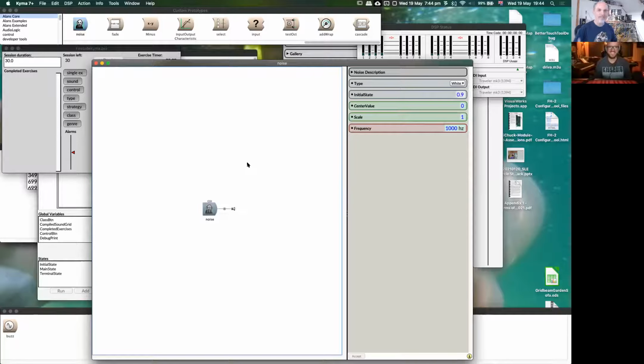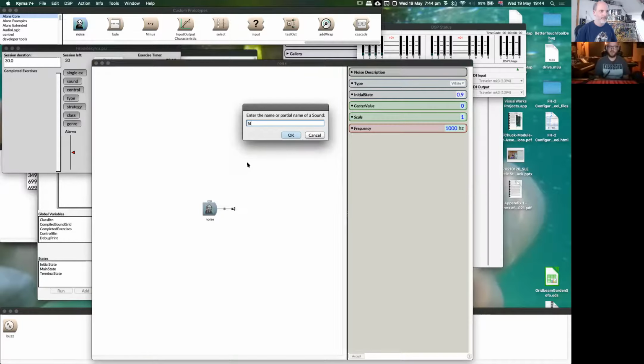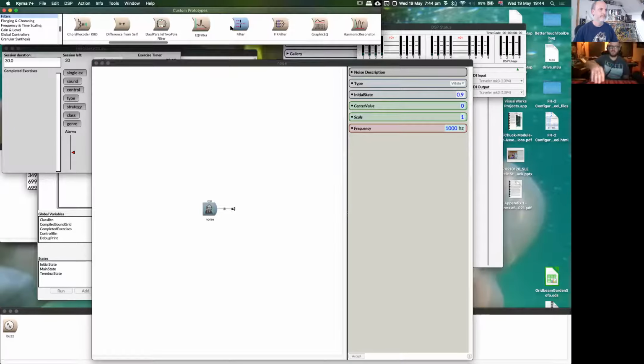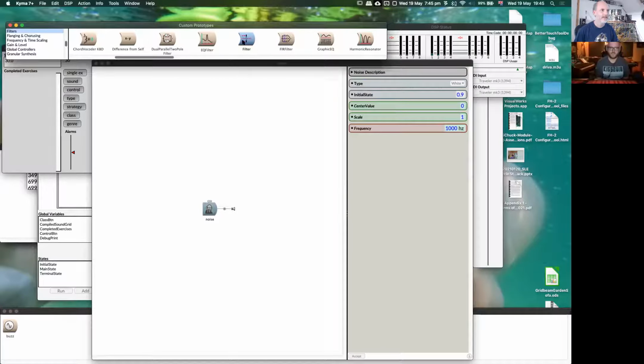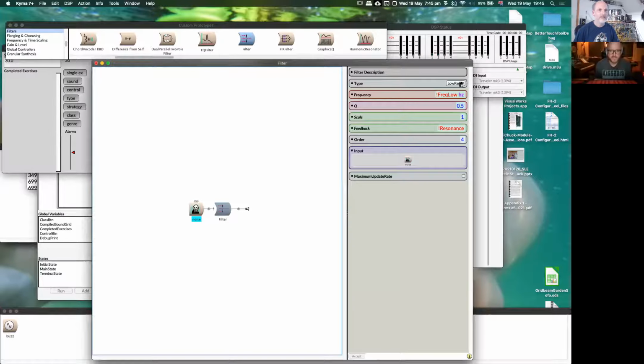So what kind of filter? I love the harmonic resonator. Can we bung one of those in? Yeah, please. We're doing a whoosh. I don't know if it's whooshy. What about an all-pass filter? Okay, so I'm thinking I kind of want to drag my fingers on the continuum here, on a keyboard or something. So if we put this into all-pass mode,